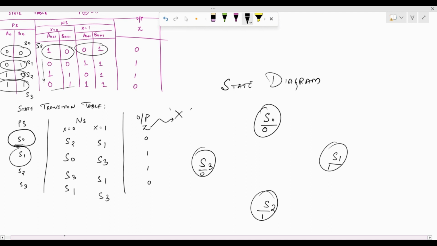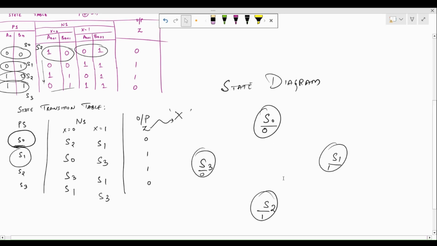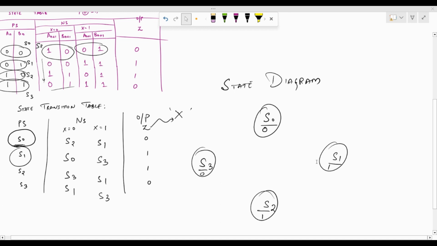So the denominator here that I am showing actually represents the value of Z. This kind of state diagram, where the output is embedded within the state and does not depend on the external input, is called a Moore machine or a Moore type state diagram. The other type is the Mealy type,